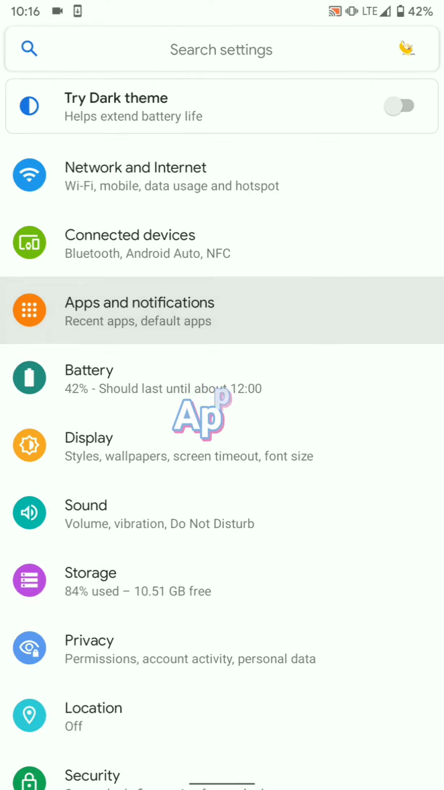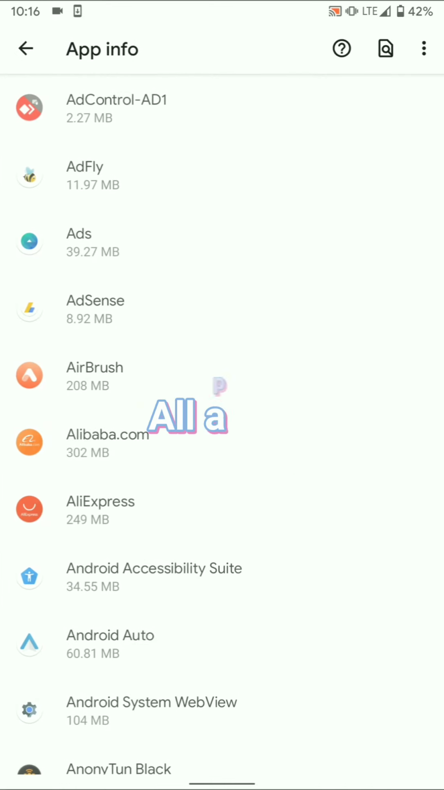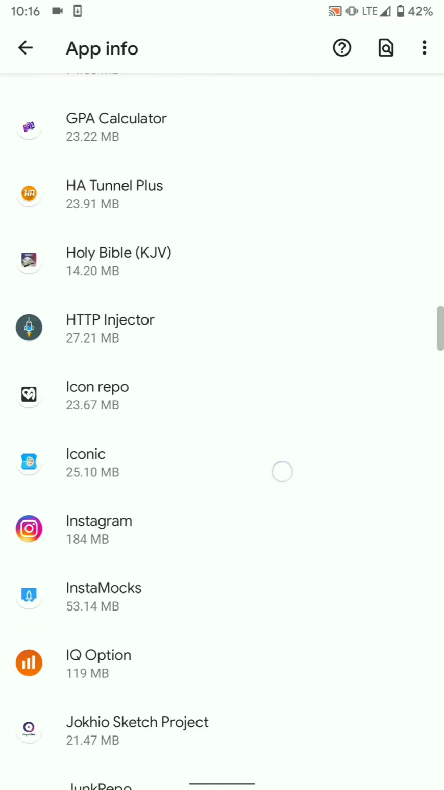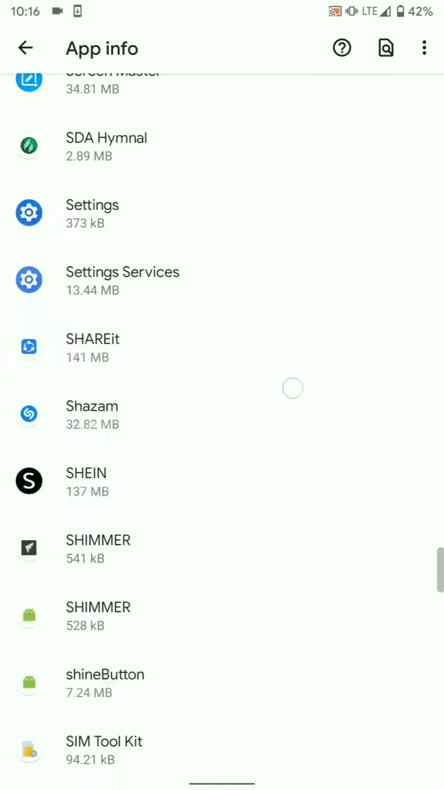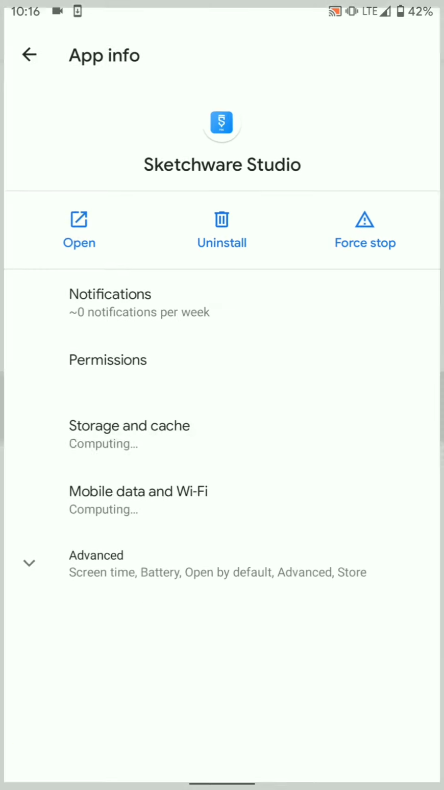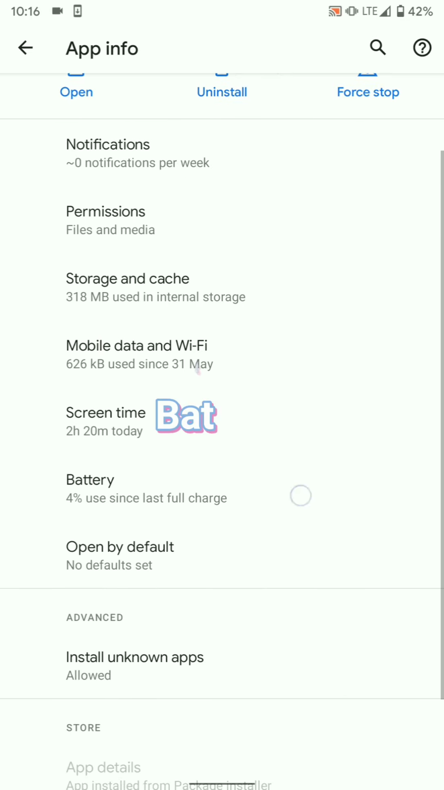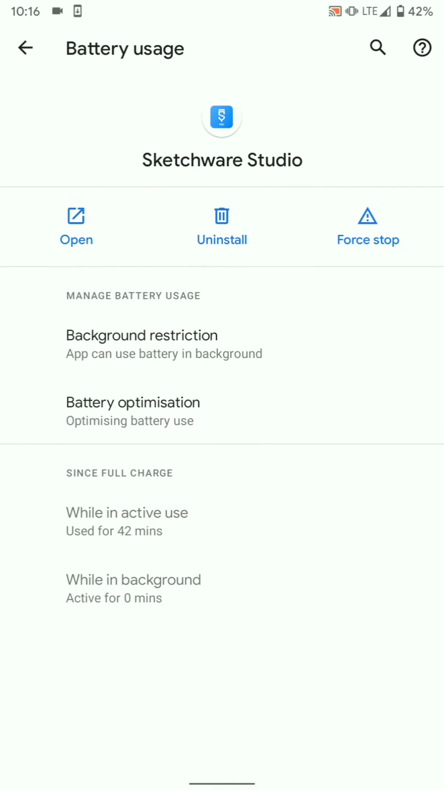then go to apps, find your Sketchware. So you can go and see all apps and go to S. You should find Sketchware somewhere around here. Choose your Sketchware, go on advanced battery, then battery optimization,